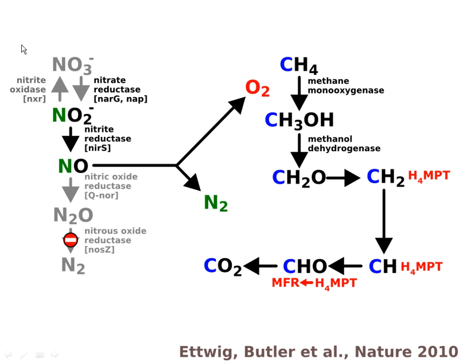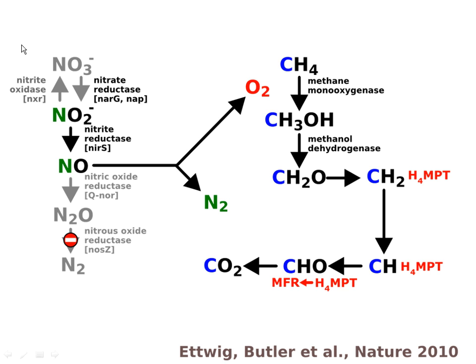I think this culture was obtained in 2005, and in 2010 the whole mechanism had been solved. So a metagenome had been done, and we were very lucky in this case that the genome of the dominant organism could be closed. That made things very simple. At first the results looked a little bit frightening because this organism did not appear to be capable of denitrification, as it misses the final step of the denitrification pathway. What was also frightening was that it had the complete aerobic methane oxidation pathway. So at first we thought we had made a big mistake with these cultures. It was probably oxygen coming in, but